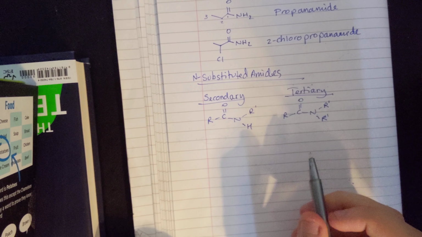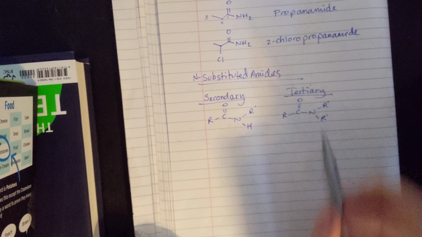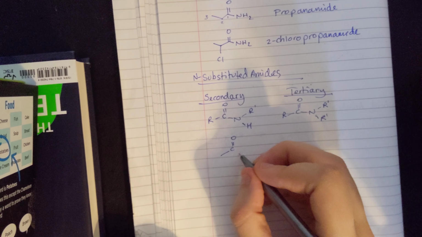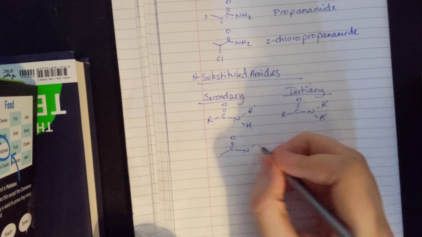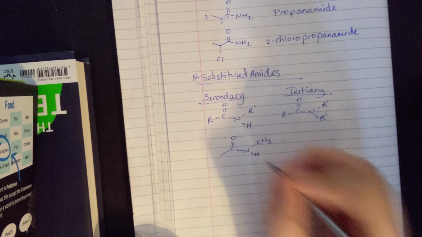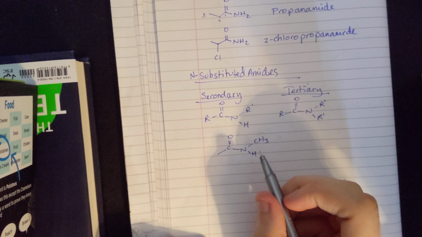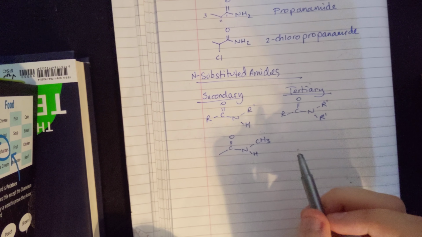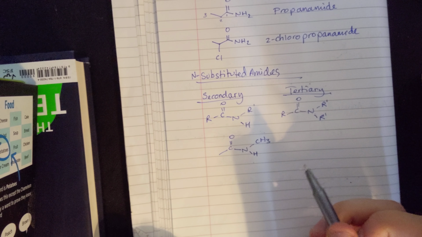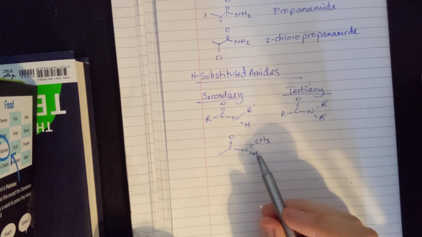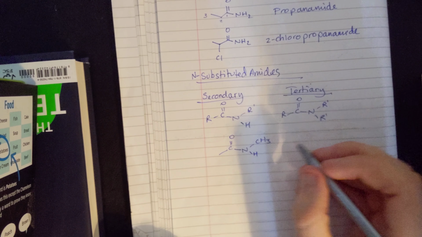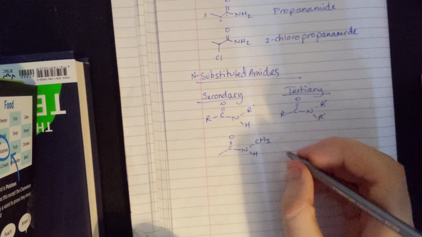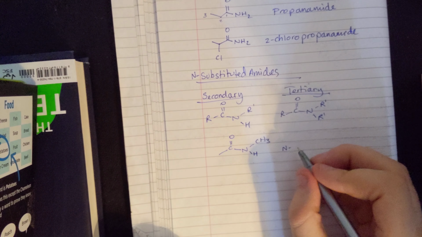For naming these, they follow the same rule, it's just how many groups we attach onto the nitrogen. So if I do one as an example, we treat these almost like branches, so we say they're coming off a location, but rather than saying that they come off carbon number 2, which is what we did for the 2-chloro over here, we say they come off the N. So rather than saying 2-methyl, we say N-methyl. So we've got an N-methyl group. We do a capital N, methyl,